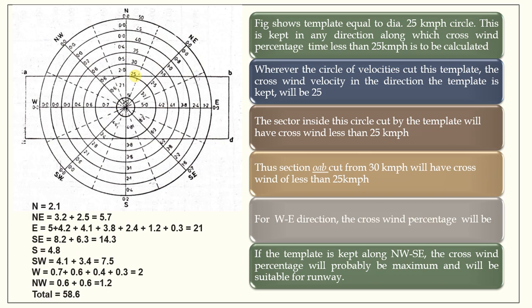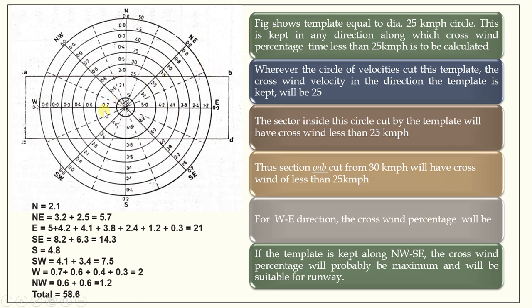Now how to plot a wind runway orientation figure. Once we plot all these figures, you have to cut a butter paper or tracing paper. The tracing paper should be of the size of the minimum velocity condition laid down by the FAA, which is 25 kilometers per hour or 15 miles per hour crosswind velocity component. So here in this figure I have considered one strip, and this strip is considered as a tracing paper. Now let us see how to find out the orientation of the runway.